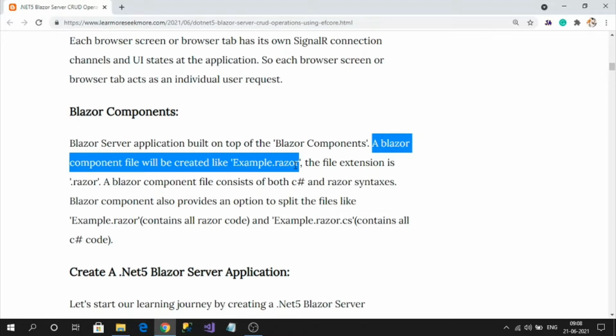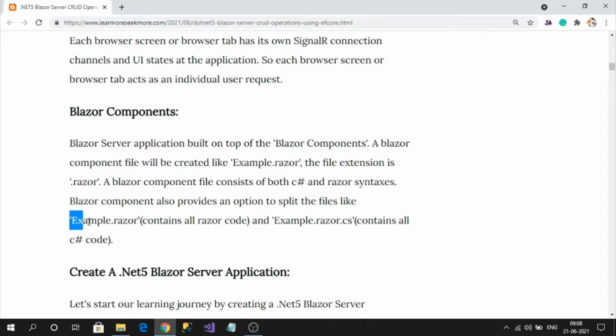But if you want to split, we can split like this: Example.razor is for Razor syntax and Example.razor.cs is for C# code. There is an option to split the file into two files, just like a code-behind file. That is one of the main important things we have to know before jumping into our application.